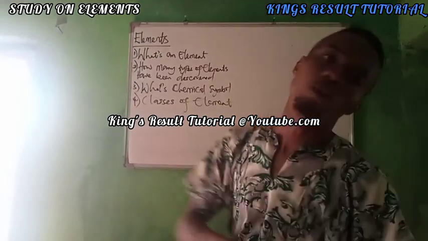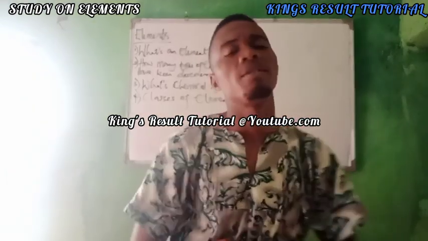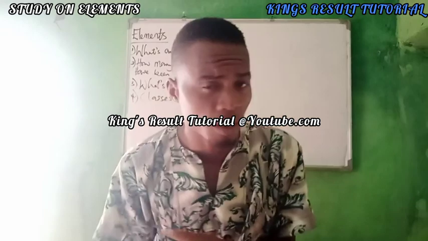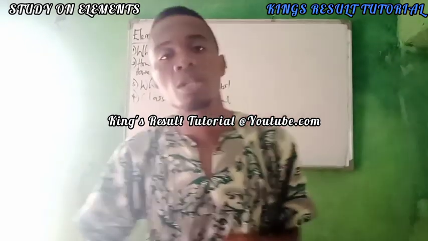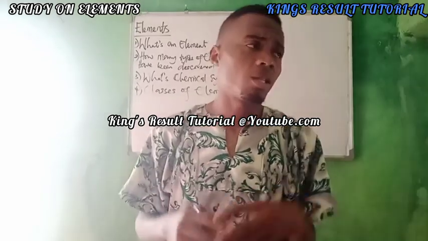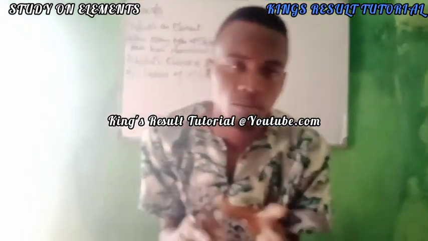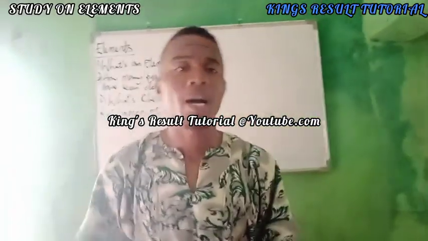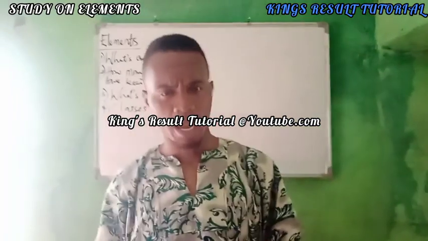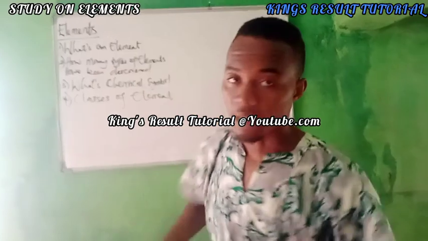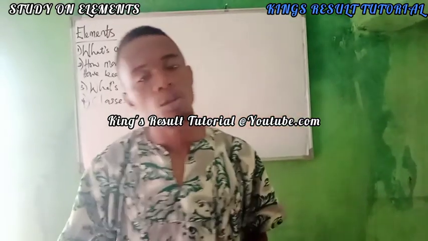Let's look at number 3. What's chemical symbol? Okay, the chemical symbol of an element is defined as a system by which we represent elements using their letters. Just like when you want to call Favor, they can use F as the initial for Favor. For those who answer maybe Kelvin, they use K. That's the initial. So the knowledge of initials in English is used in the chemical symbols of an element.